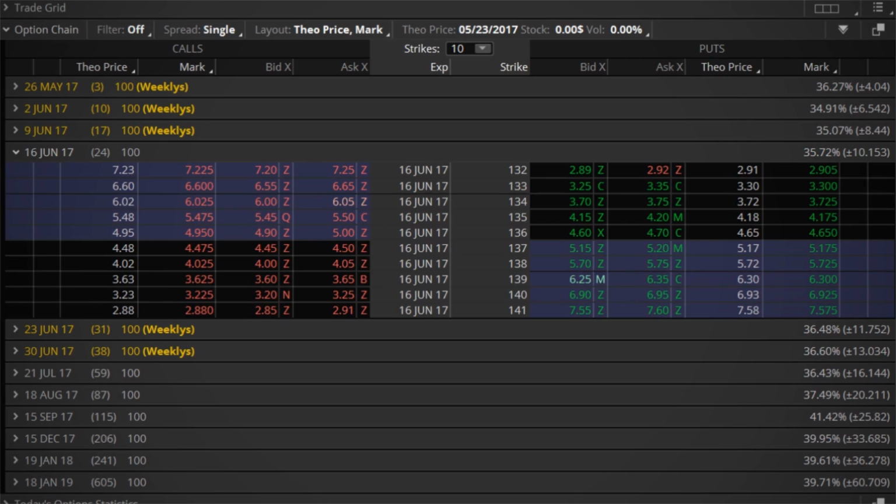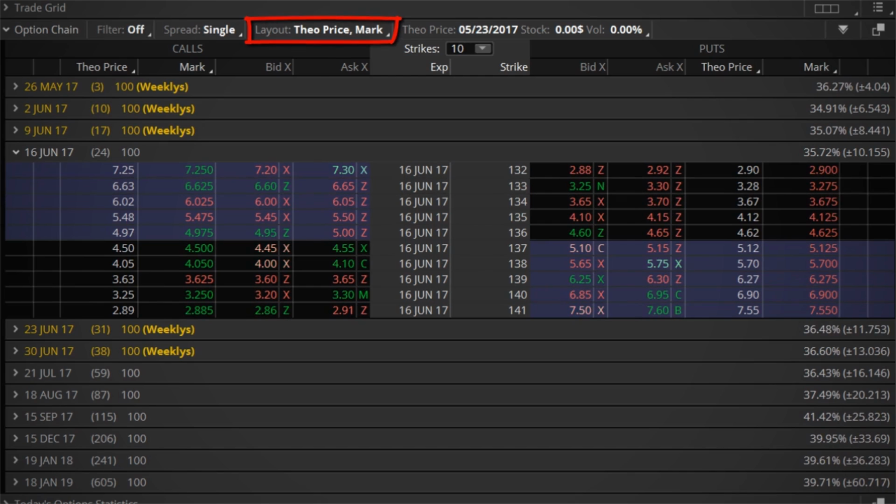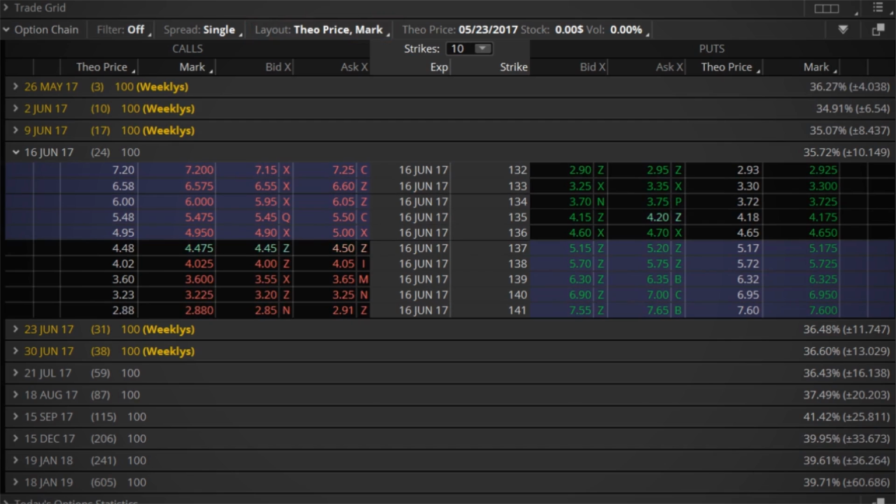For this demonstration, I'm going to use a tool within the Thinkorswim platform called TheoPrice. This is a tool that will allow us to hypothetically change elements of the pricing model to see how it would affect the option's price. Here I have up NVIDIA, and I am looking at the June options. If I look at the 138 calls, which expire in 24 days,